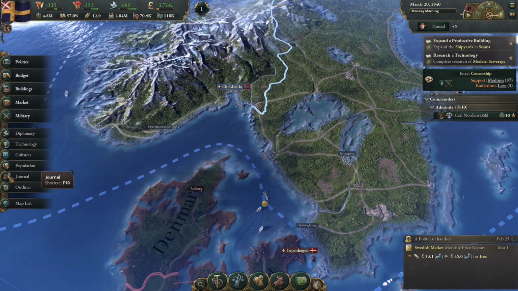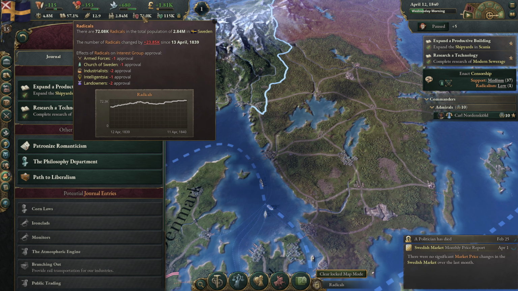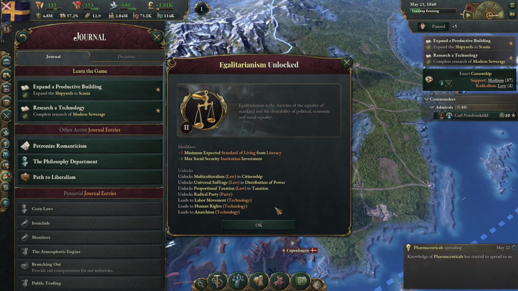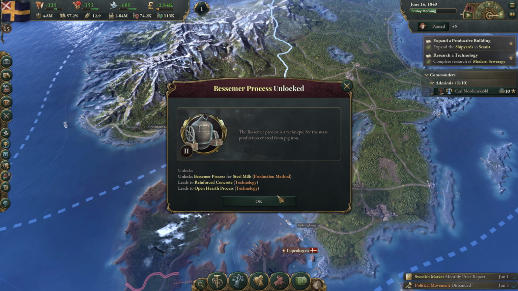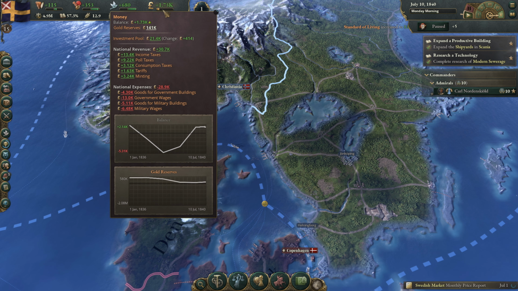Okay, so that's that. And then we're out of money, so there isn't much we can do now. The Church of Sweden doesn't like us. The armed forces don't like us. I think it's just because of this. Okay, so another tech tree. Okay, that keeps coming. Now,